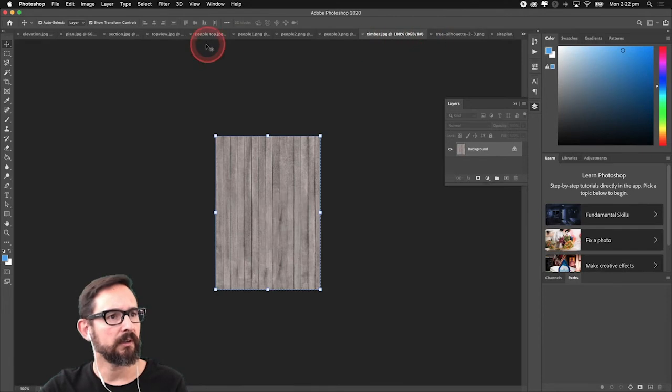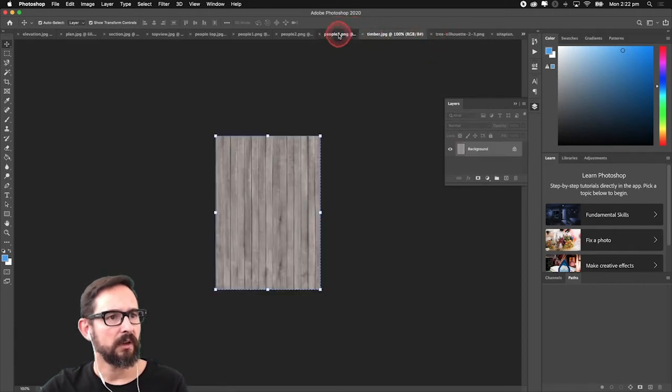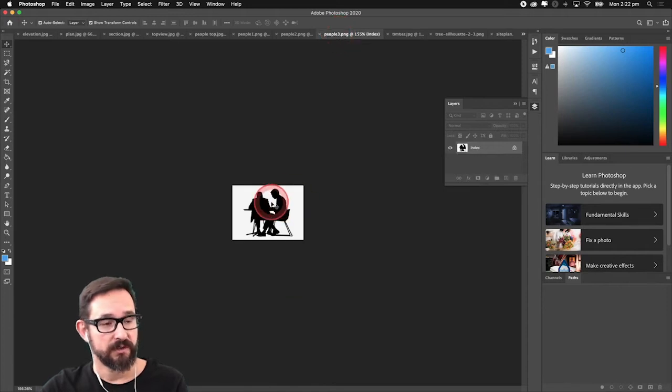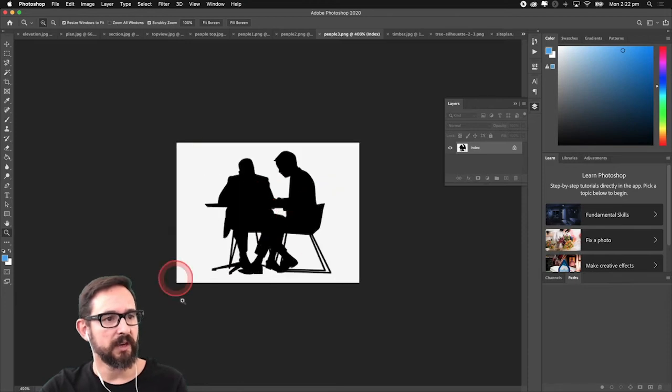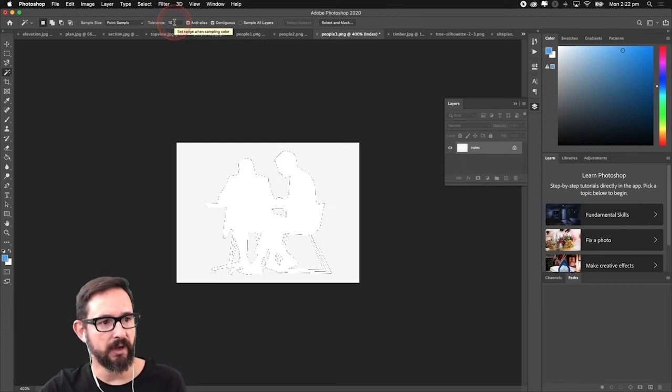Sorry, not that one. Top. This is a tree, which we'll also bring in. Yeah, so this is one. So versus these people, which actually is a JPEG, so it's not transparent, but it's pretty much the same thing. You select with a wand, make the tolerance very low, select all the elements. I mean, if you increase or decrease the tolerance, if you do a cutout, you'll start seeing what's left out,